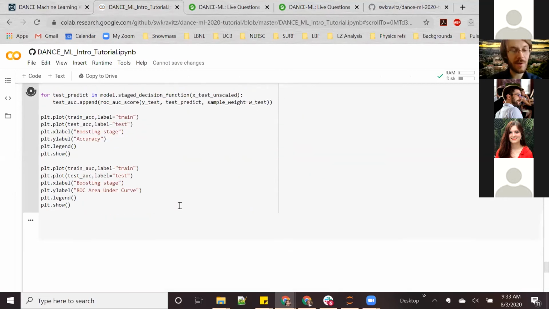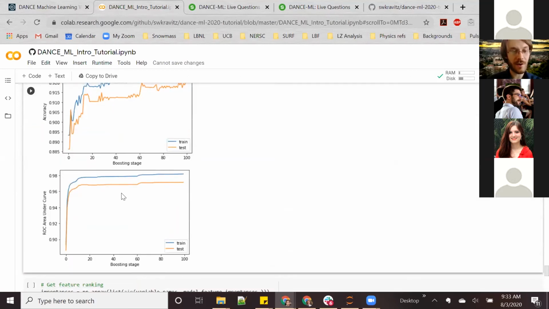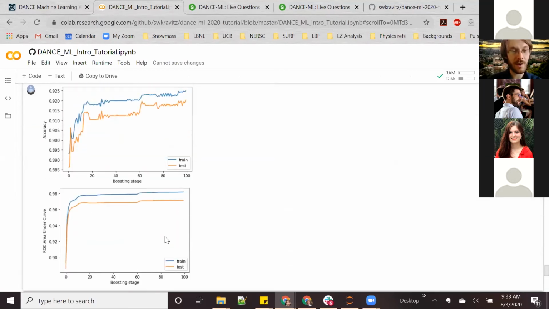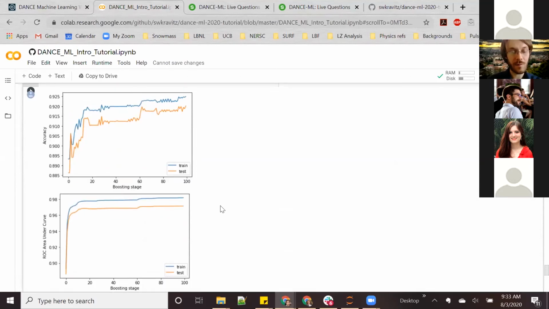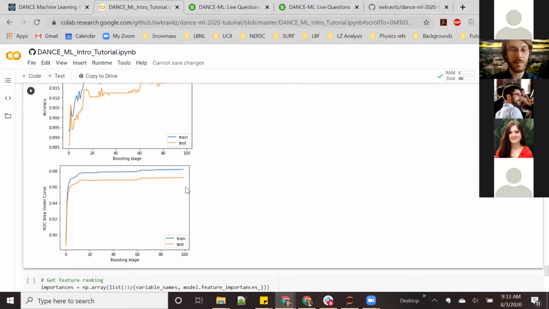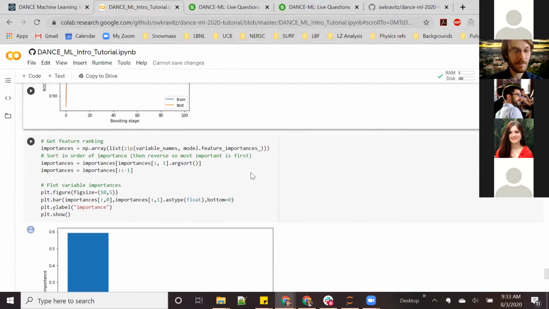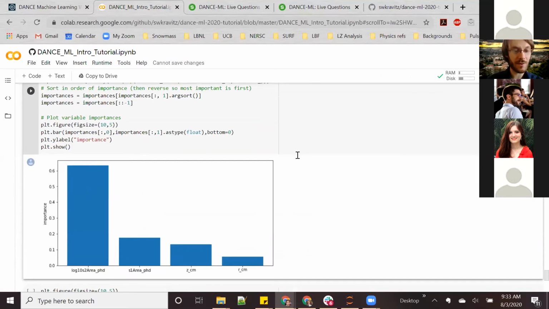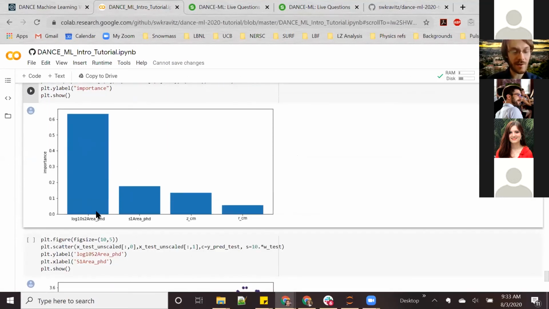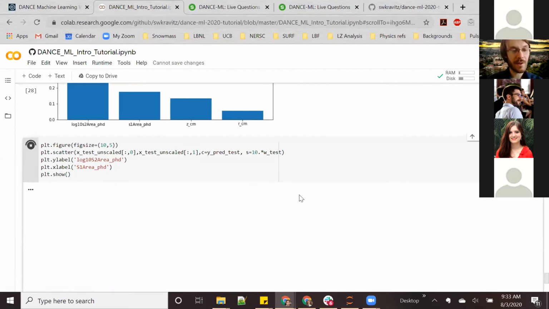We can again plot the accuracy and ROC area versus time, and we have a pretty similar pattern again. The test performance is lower than the training performance, but it looks like there's actually not much penalty for continuing to train. And then we can again get the feature ranking. And we can see again, S2 area is the most important. And if we draw